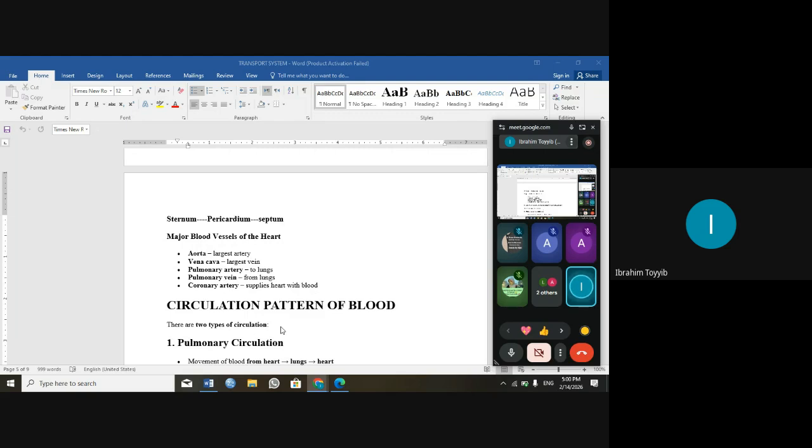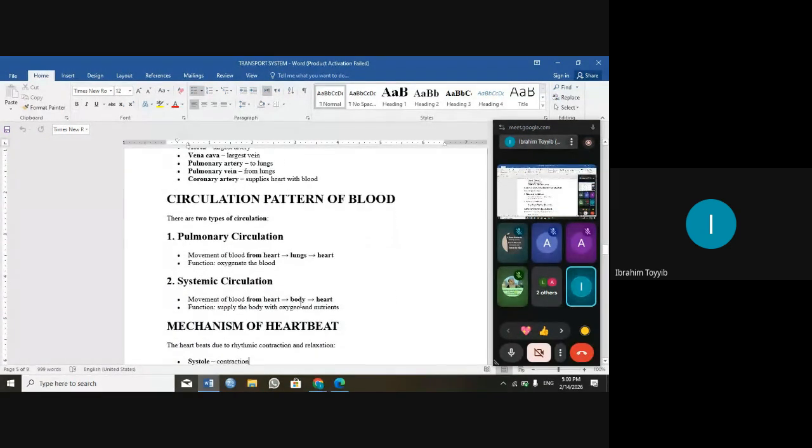Now, I told you that we have two types of circulation. That's pulmonary circulation and systemic circulation. So in short,